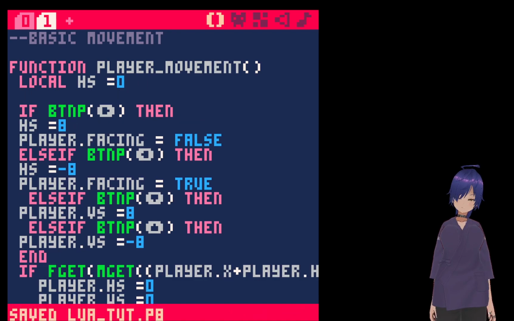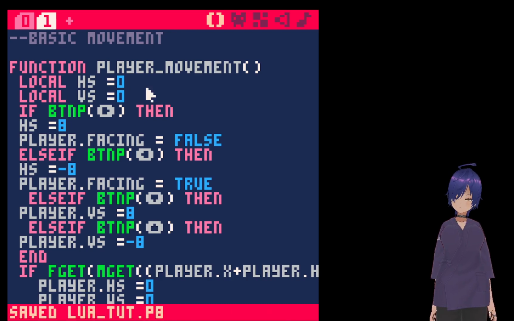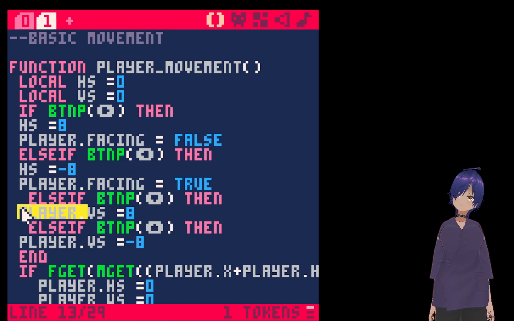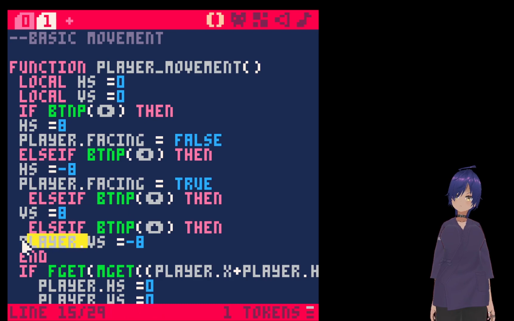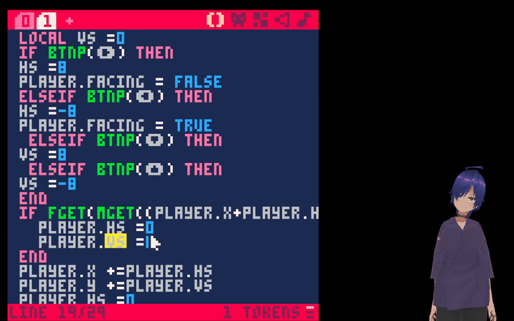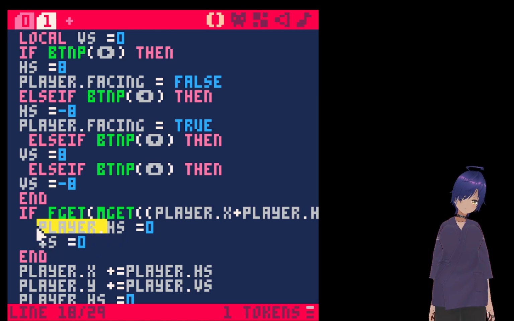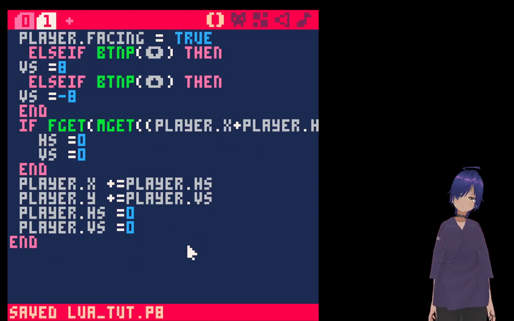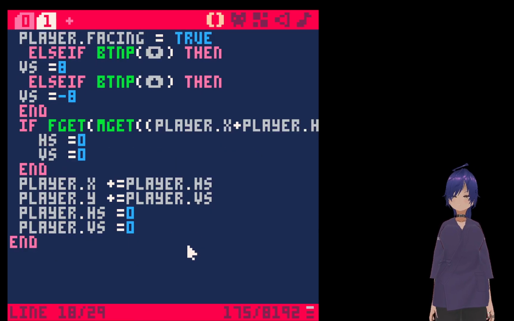We can also have local vs, which is also 0. And that means we can remove these ones. Player blah blah blah. We haven't changed them yet, so we can just change the actual value. And then in this step, we can just